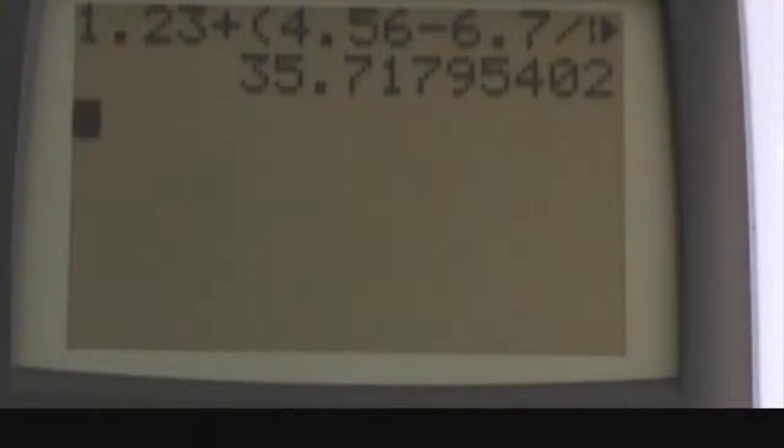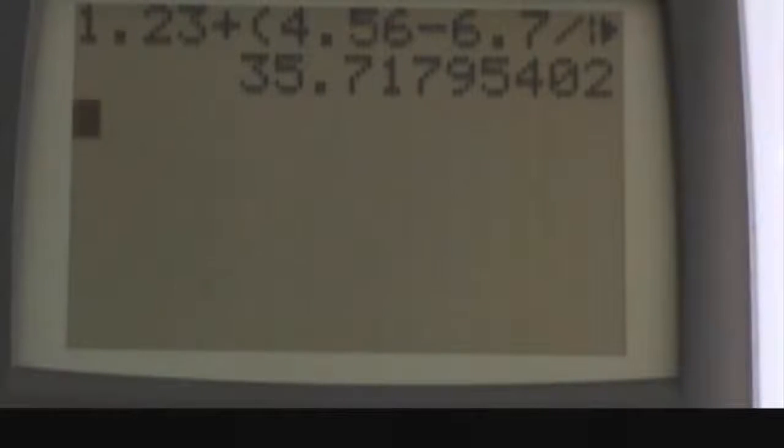So we see we have 1.23 plus our parentheses 4.56 minus 6.7 divided by 8.7 parentheses times 9.1 will give us a final solution of 35.72. We see if you didn't put in your parentheses for this equation, the solution you would have gotten could have possibly been a negative 1.22 or 8.95, which we can clearly see is significantly different than our real solution of